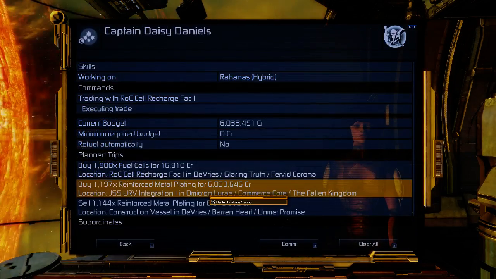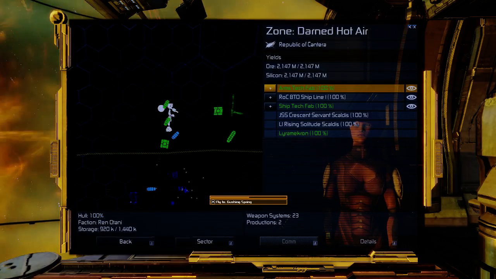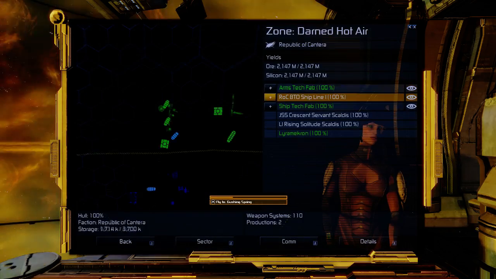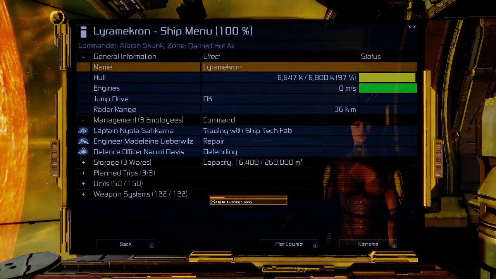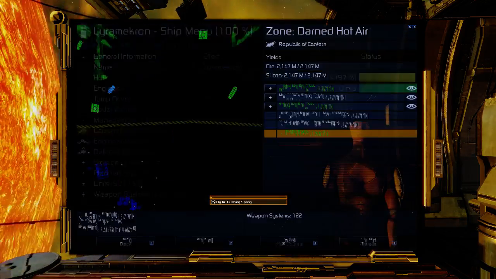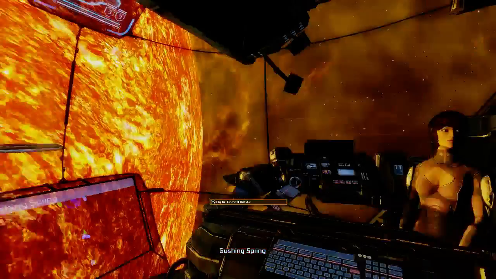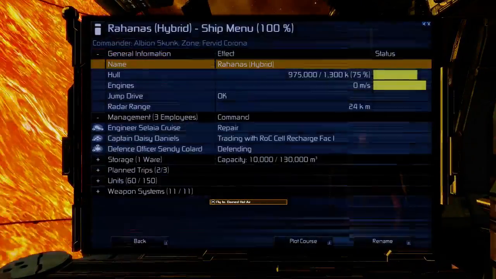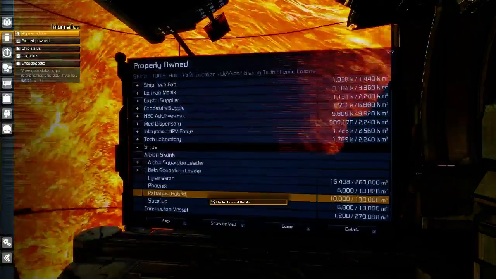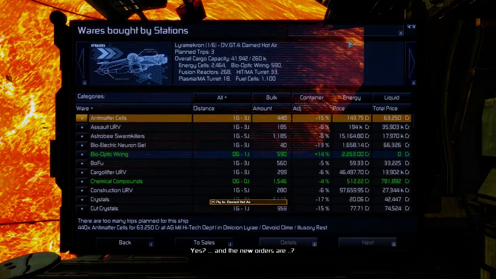Cantera cell recharge fab. Executing trade. Let's have a look at where she is. That's not what I wanted. I wanted the Limericon. I think that was saying the Rohana's hybrid had finished its trade. Transmitting rendezvous point now. Yes, it had. So, the Rohana's hybrid's next trade. And the new orders are...